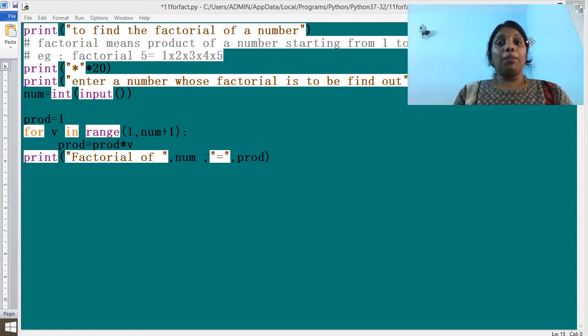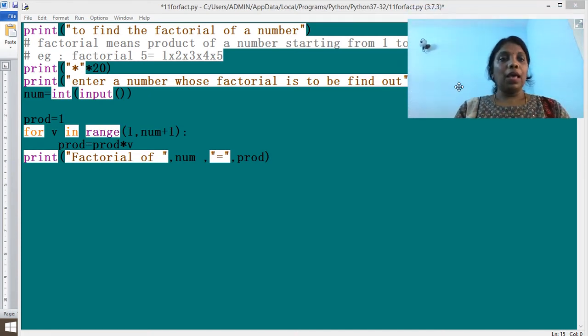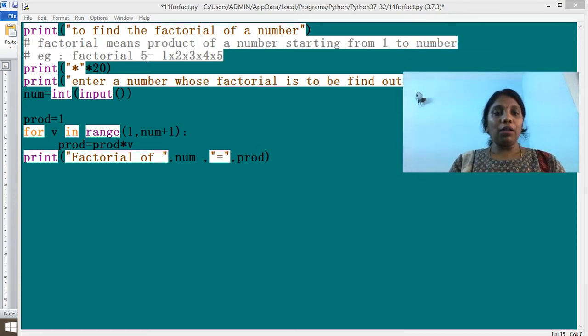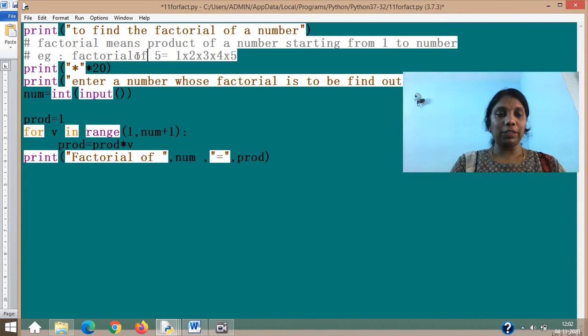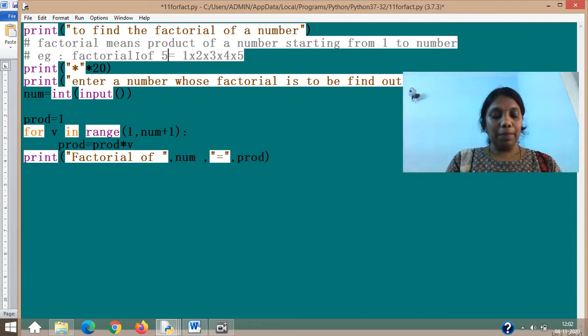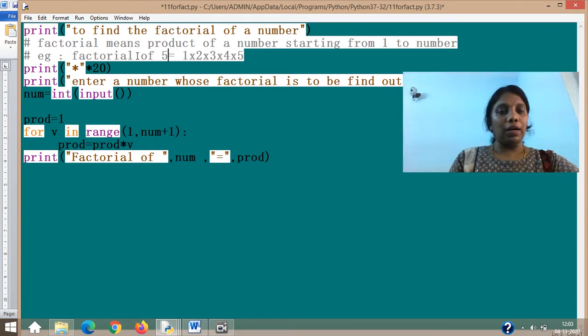It is nothing but the product of the numbers starting from 1 to the number which I'm trying to find out the factorial of. For example, if I want the factorial of 5, in mathematical terms I'll be writing that with an exclamation mark, 5 factorial, that is how we write in maths, this way. But we don't have to write like that here, because it is just to know how to reach that solution. And the solution some of you might have already gone through, but I'm going to explain to you.